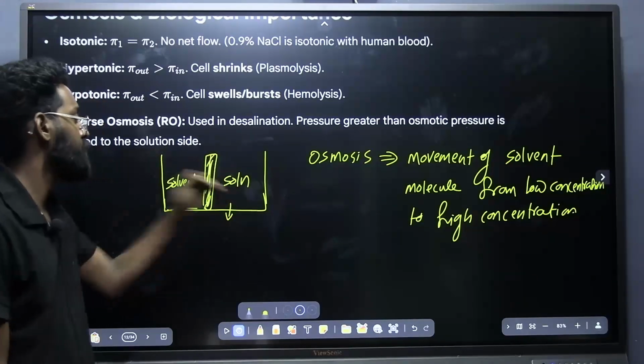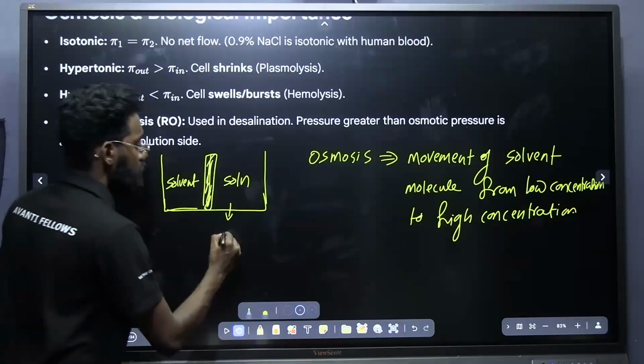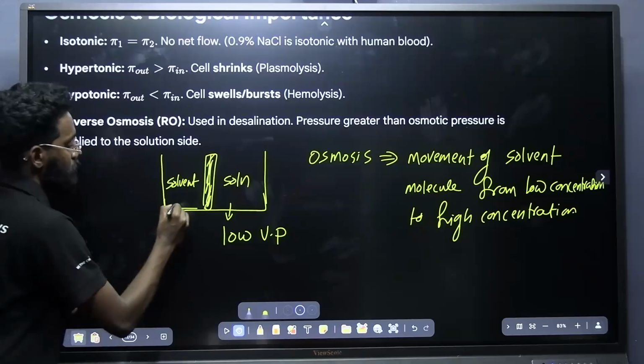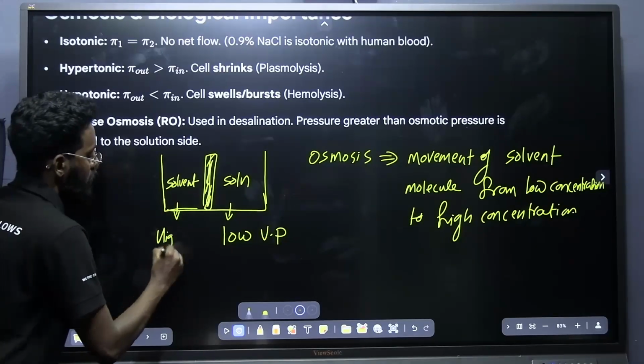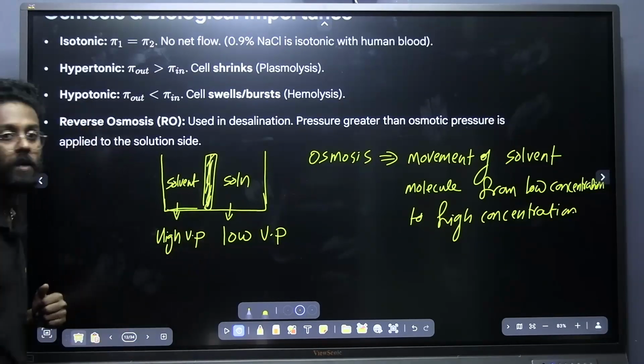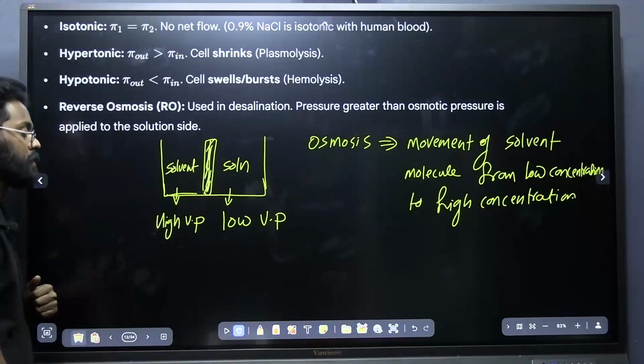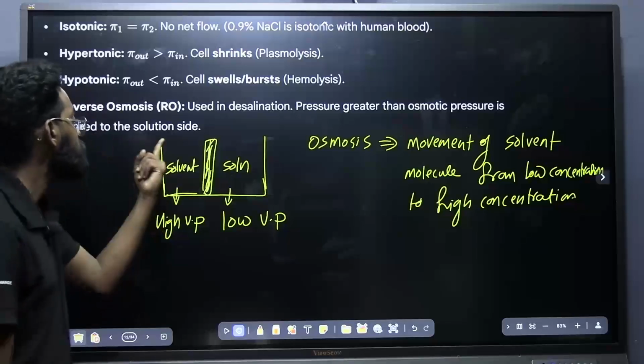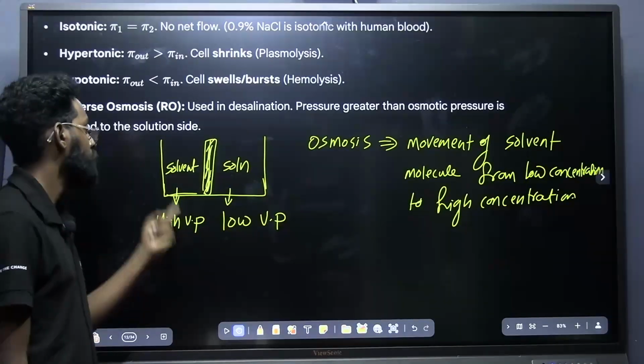And what is going to happen to the vapor pressure? The solution will have low vapor pressure, and the solvent will have high vapor pressure, and this pressure difference only is making the solvent molecules move from low